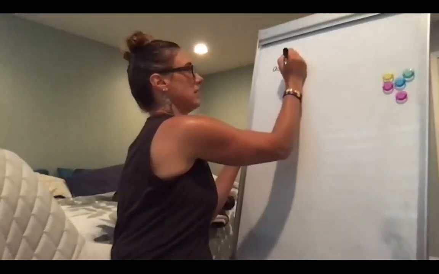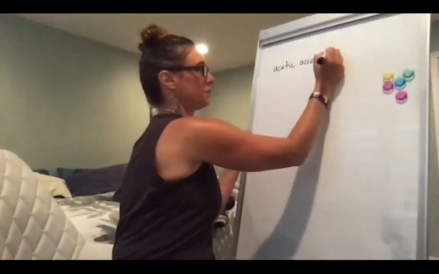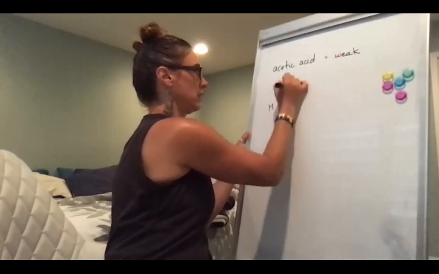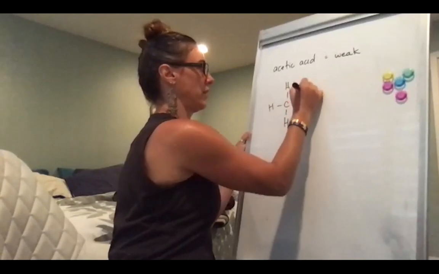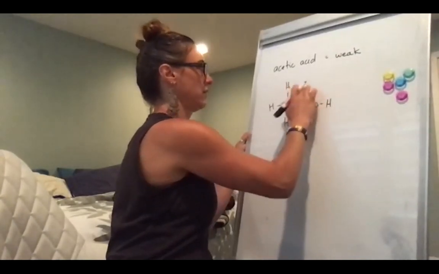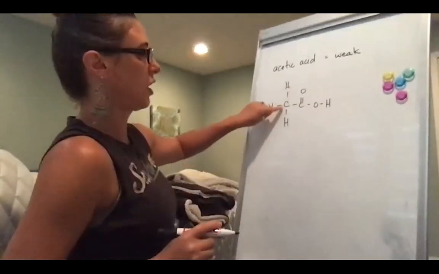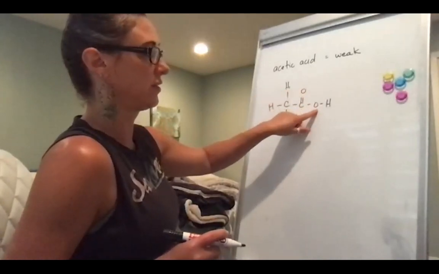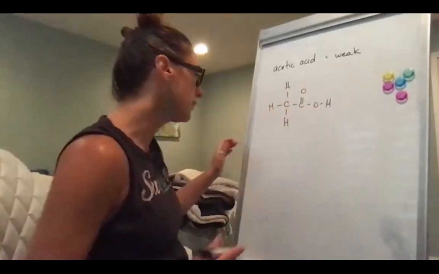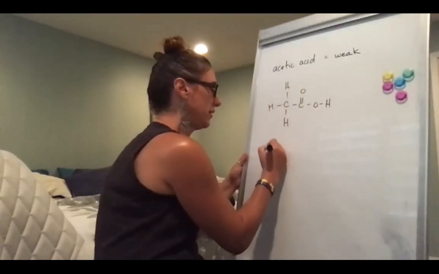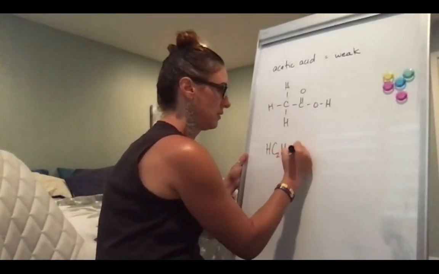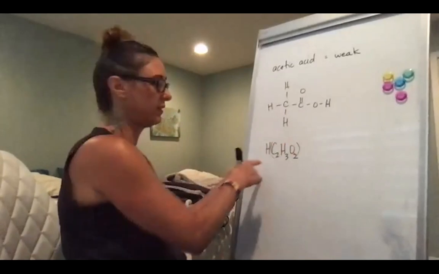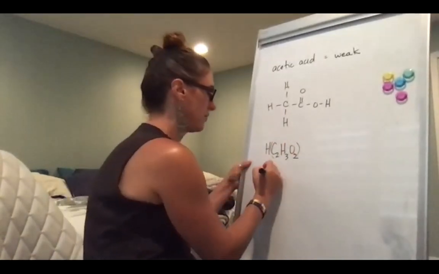So acetic acid is a weak acid, okay? And the structure of the molecule looks like this. We've got a carbon bound to 3 hydrogens, and then a carbon double bound to an oxygen, and then another oxygen and another hydrogen here. So when we write this, usually we write it as acetic acid like that, where you can easily see this is the acetate ion with the hydrogen out front, or sometimes like this,